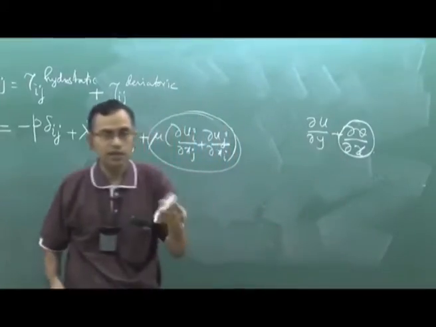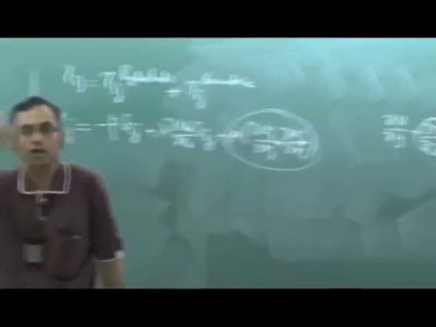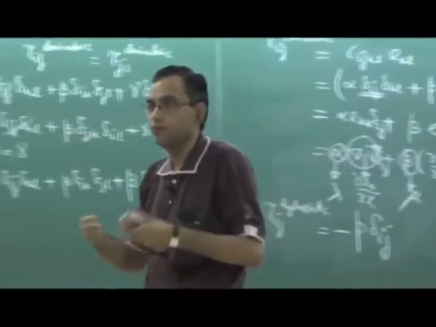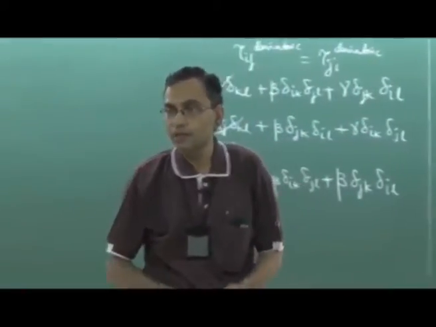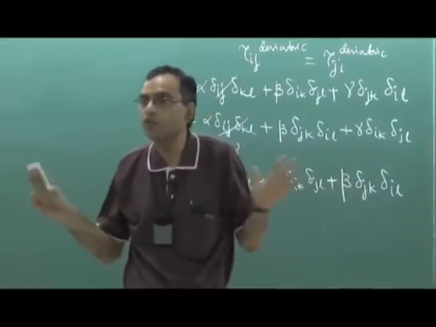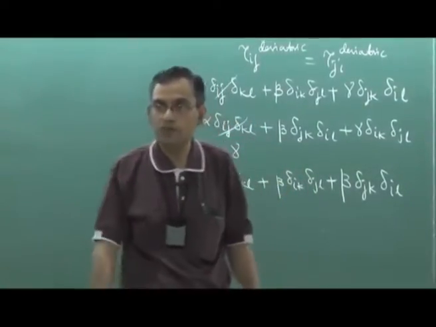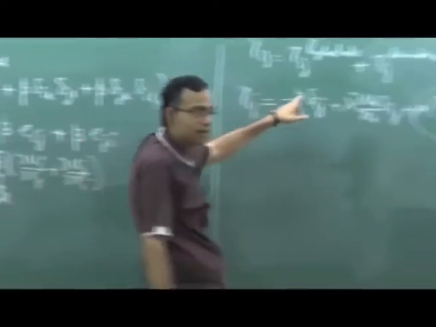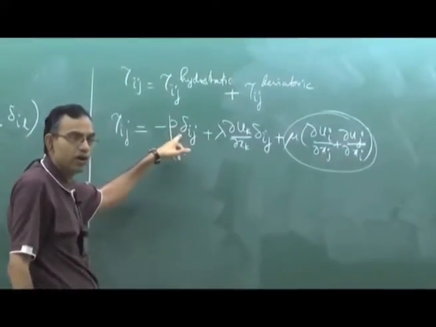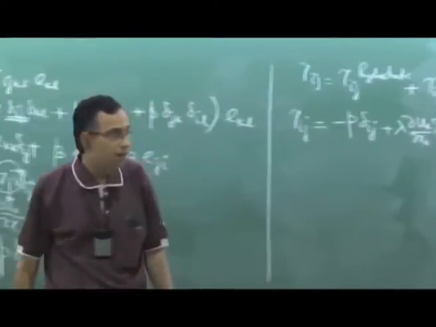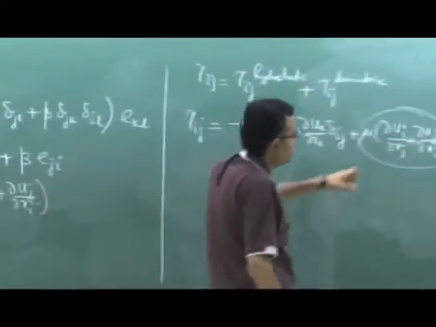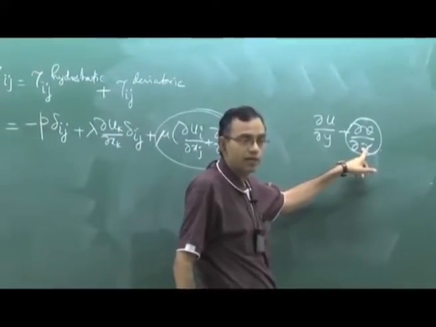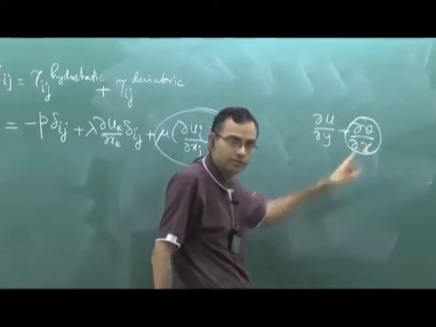That is what is the Newton's law of viscosity that you have learnt in your earlier, I mean first exposure to fluid mechanics. But do not think that that is the most general form of Newton's law of viscosity. So for homogeneous isotropic Newtonian fluids, this is what is the Newton's law of viscosity. So never forget to include this term if you have a two-dimensional or three-dimensional flow field.